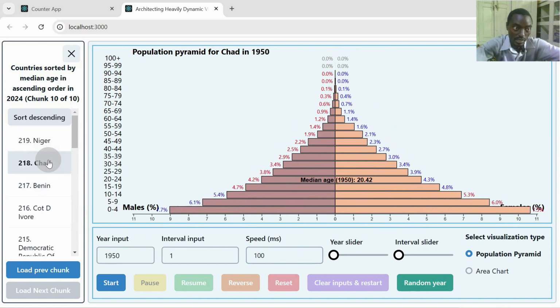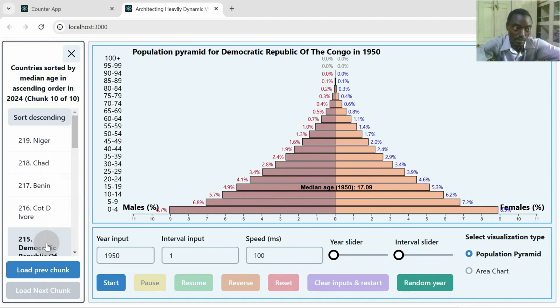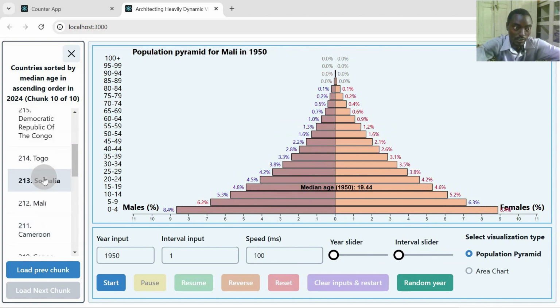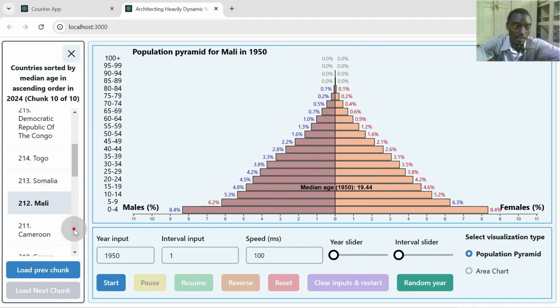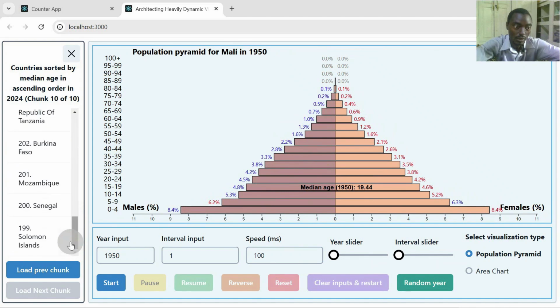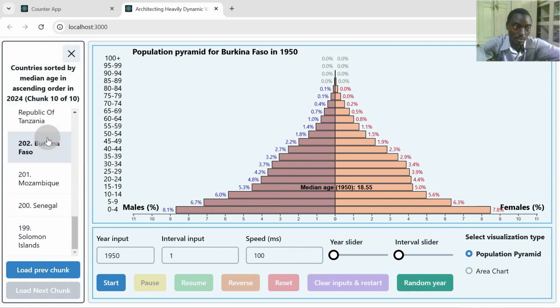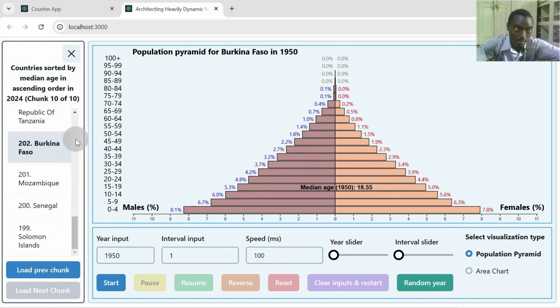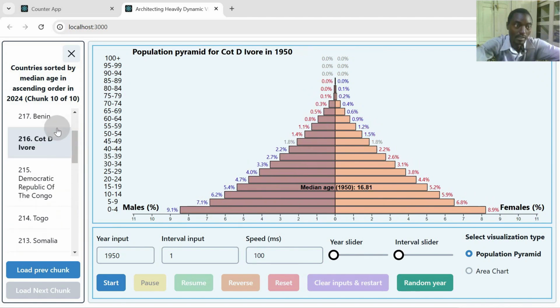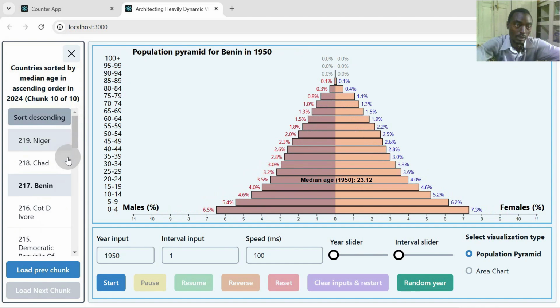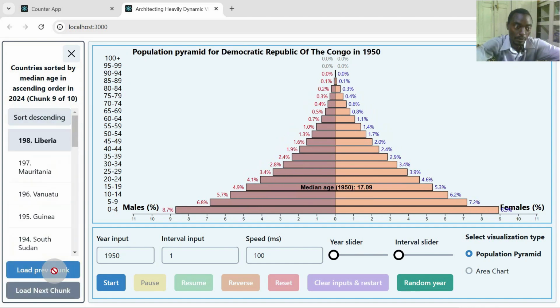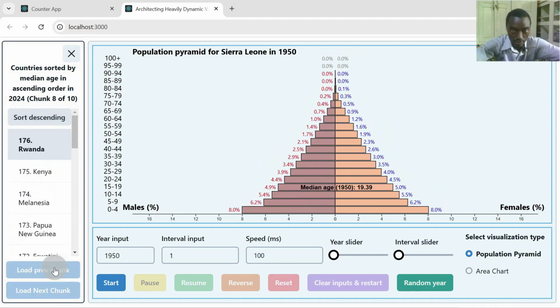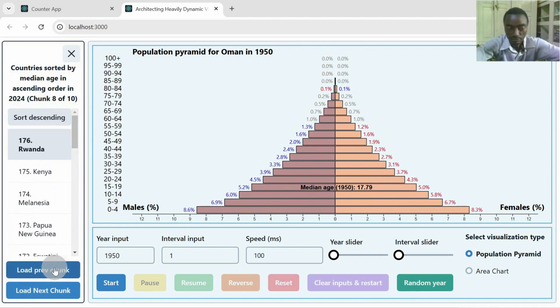So Niger, Chad, Benin, Cote d'Ivoire, Democratic Republic of Congo, Somalia, Senegal, Mozambique, these African countries, and Solomon Islands, which is not in Africa, will be very young. So that is it about the